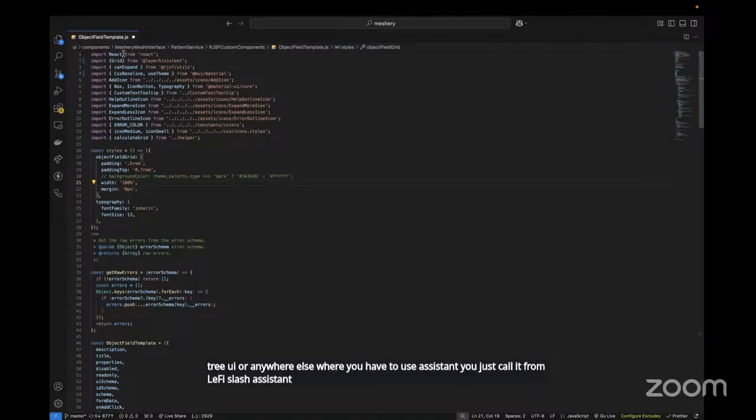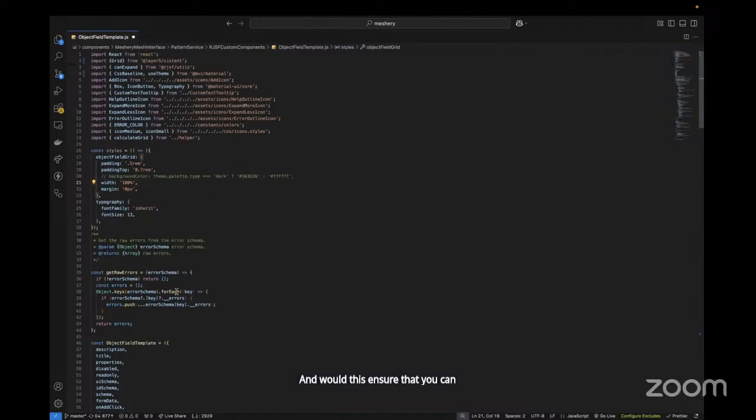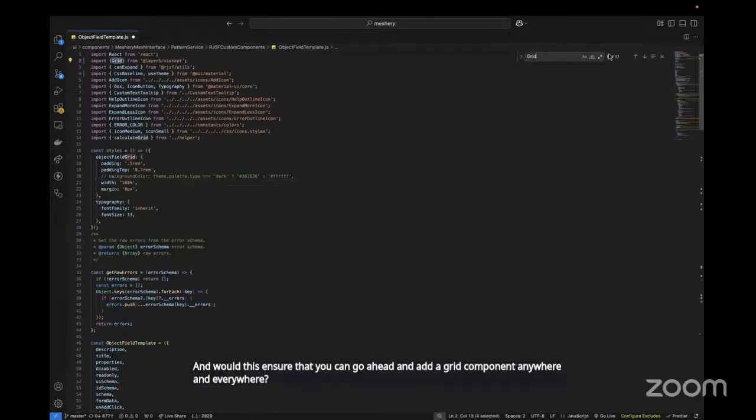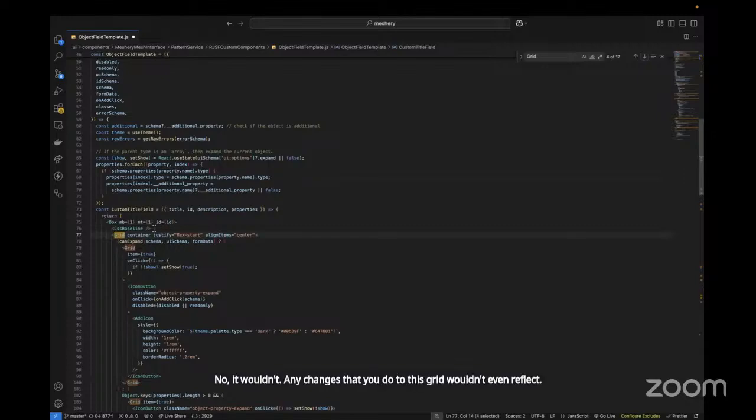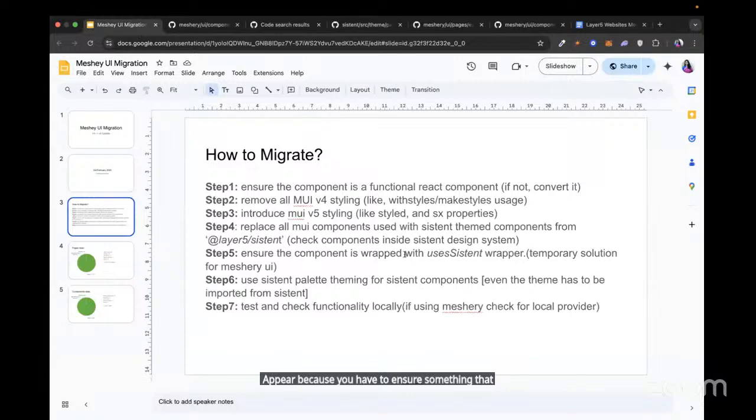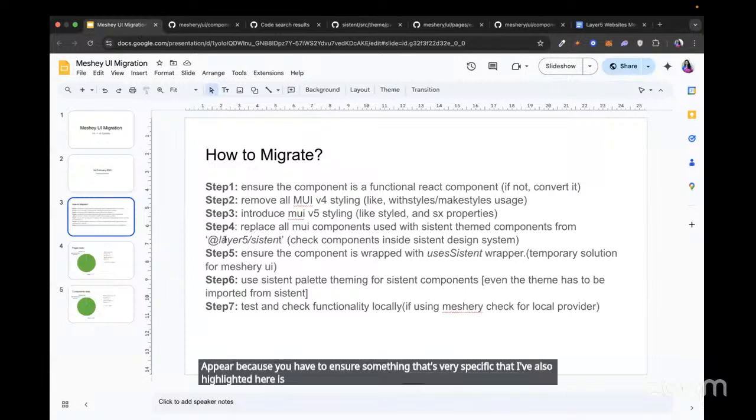Would this ensure that you can add a Grid component anywhere and everywhere? No, it wouldn't. Any changes that you make to this Grid wouldn't even reflect up here, because you have to ensure something very specific that I've also highlighted here: to use a system component, you have to import it from @layer5/system.